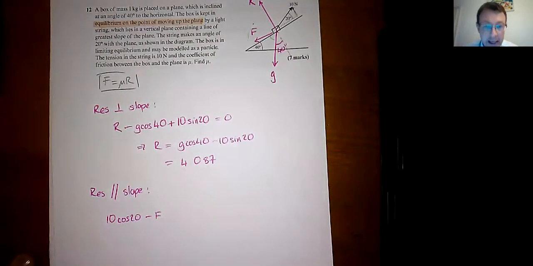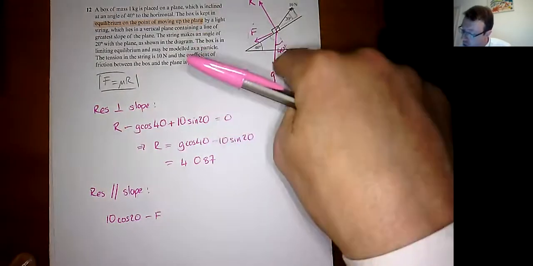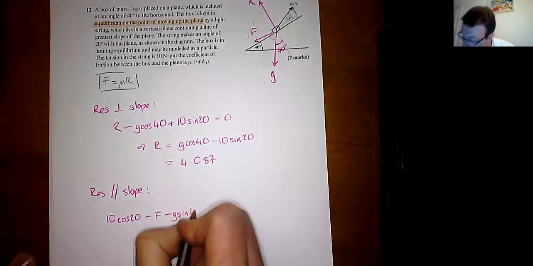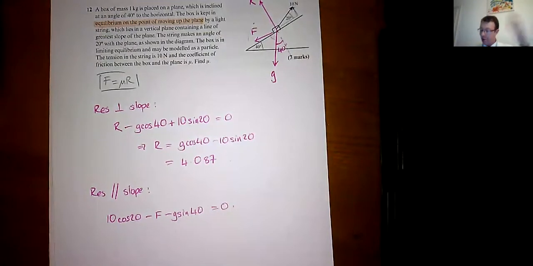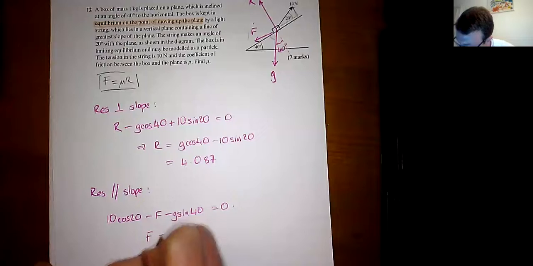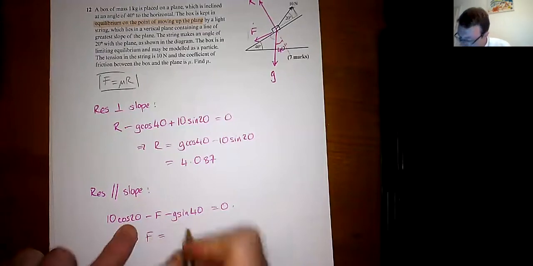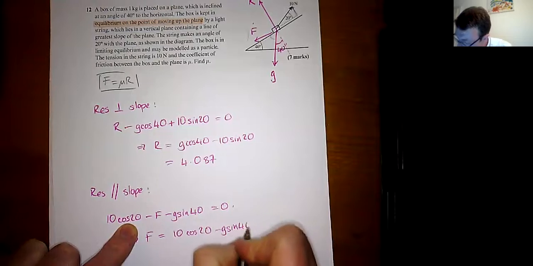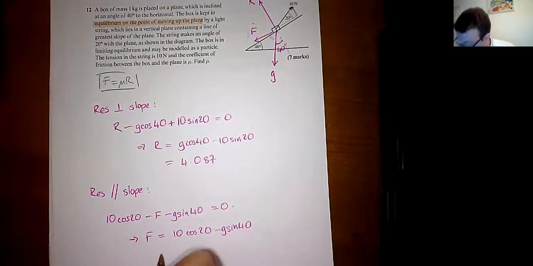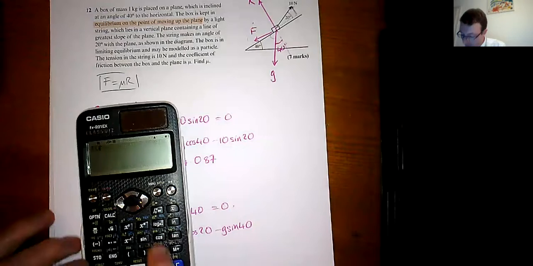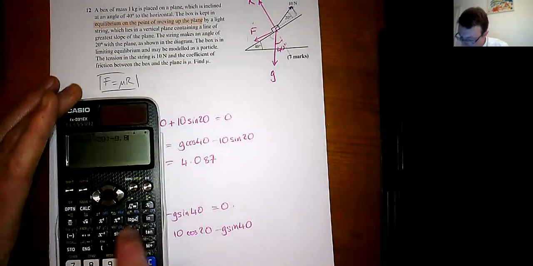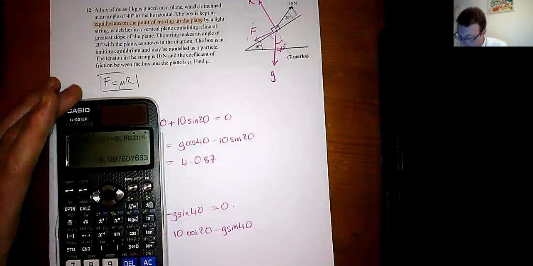And then what else is going? What about the G? That's going down the hill as well. There it was G cos 40, so here it's going to be G sine 40 equals 0. And I can work out F now. So F equals 10 cos 20, be careful of the minus signs, take away G sine 40. Work it out. 10 cos 20, close the bracket, take away 9.8 sine 40, close the bracket. Equals